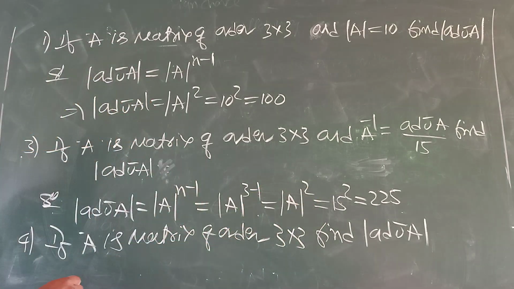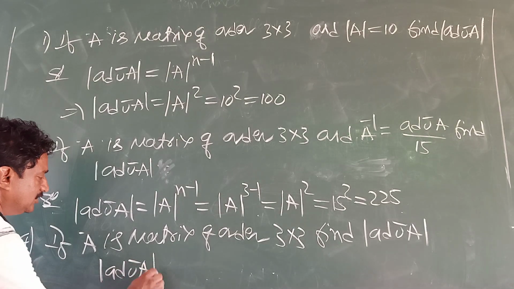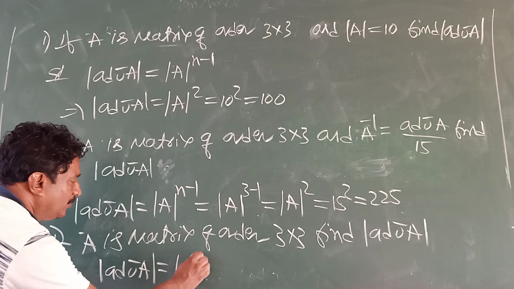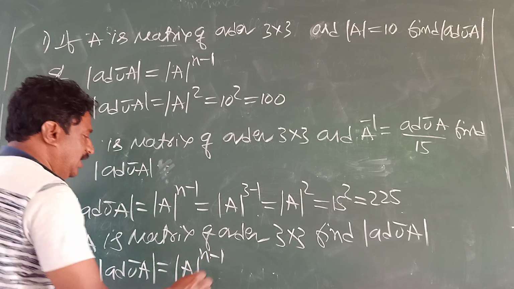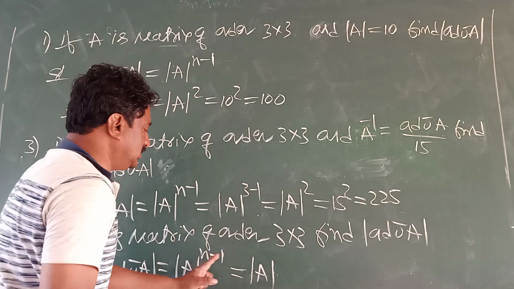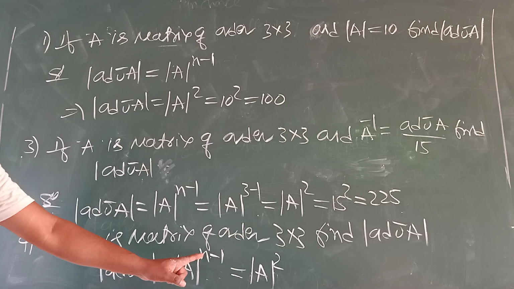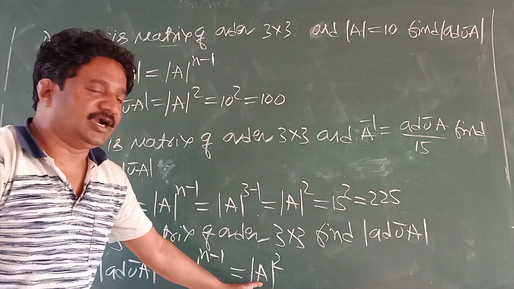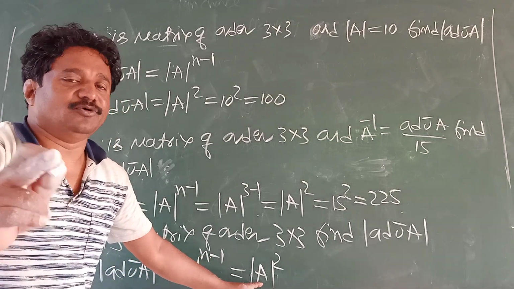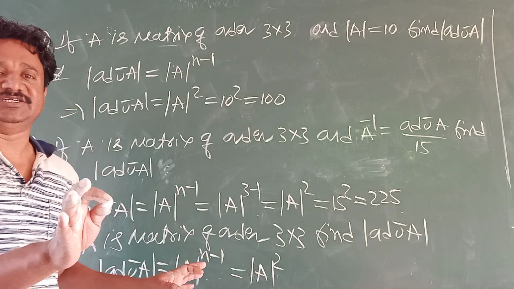Okay? So as usual, determinant of adjoint A is equal to delta whole power n minus 1. Order is given, so delta whole power 3 minus 1, which is 2. That's all. This is one more question. Delta is not given. If delta is given, go for substituting. Not given means how can you substitute? Leave that as it is.